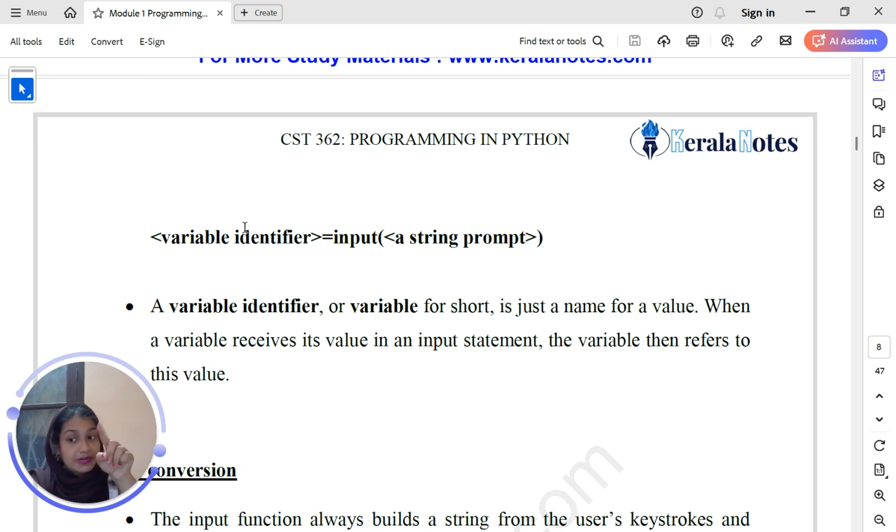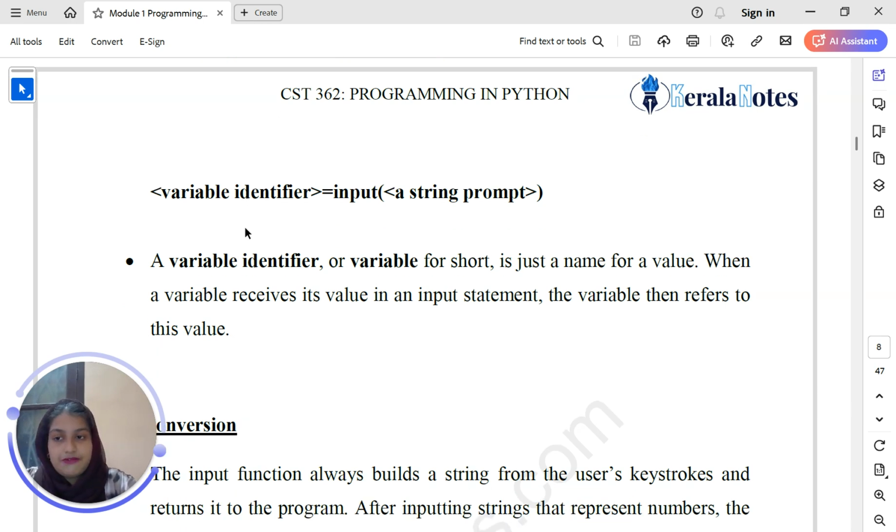Once the line is executed, the cursor will blink for the user to input the radius. When the user inputs the radius as 5, this value is stored in the variable r, which can later be used for further calculations.